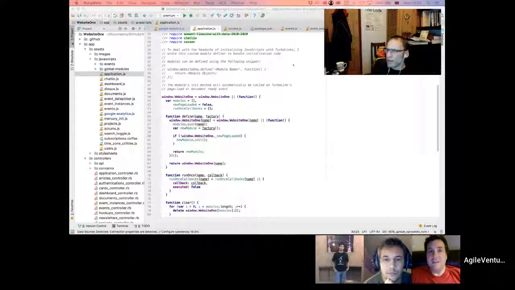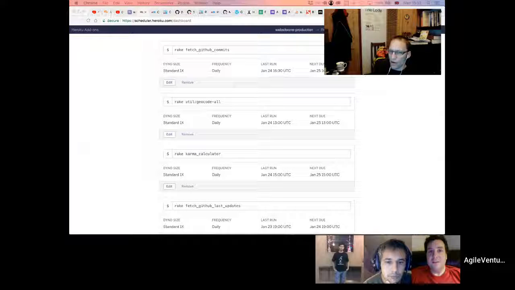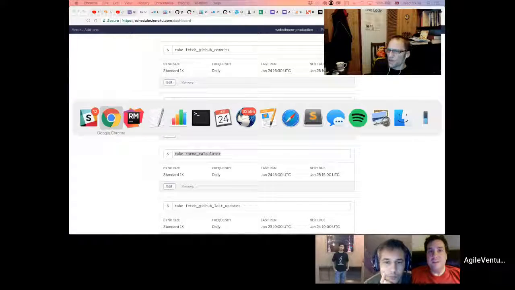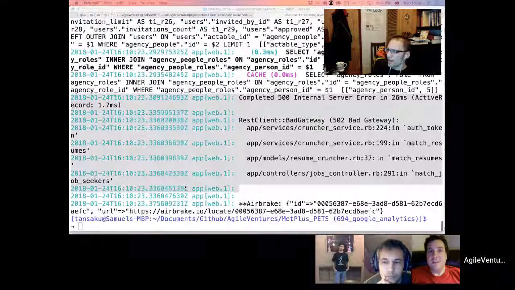Okay, so we can actually see here the set of different background jobs that get run. I'm just going to paste that quickly into the DevOps channel. There's the karma calculator, which in principle should run daily on local support on website one.